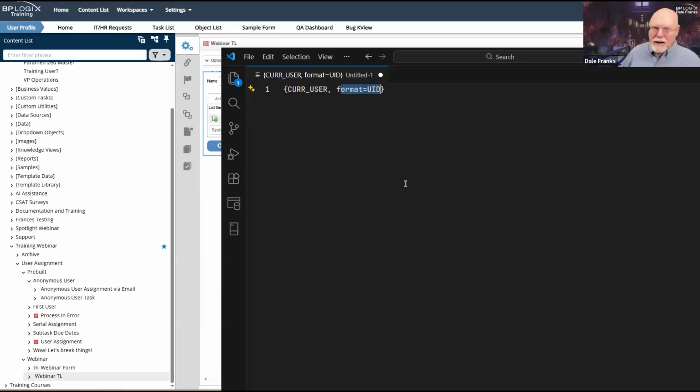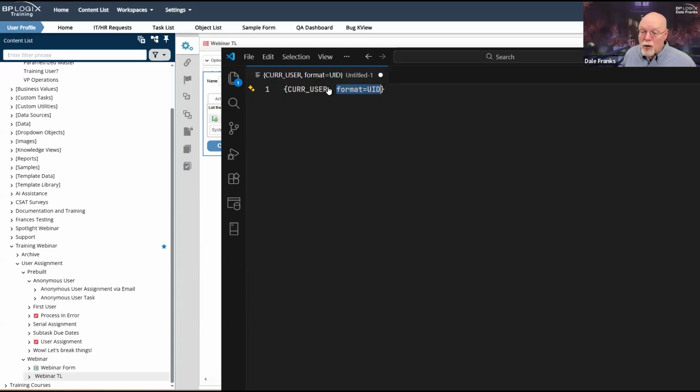I need their ID to assign a task. So therefore, I always need to have the UID as the formatter anytime that I try to assign a task via system variable, because it's going to be a user system variable of some type, and there are many different types of user system variables. And whatever they are, if I'm going to use them for task assignment, has to be format equals UID.